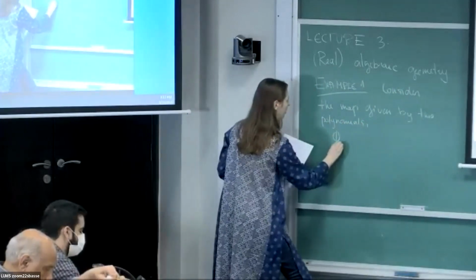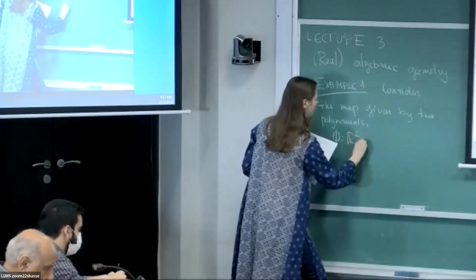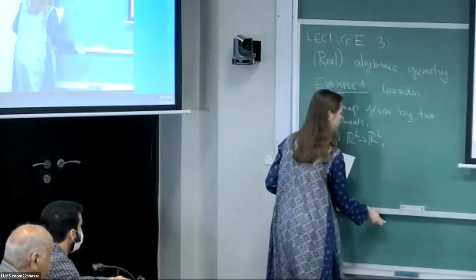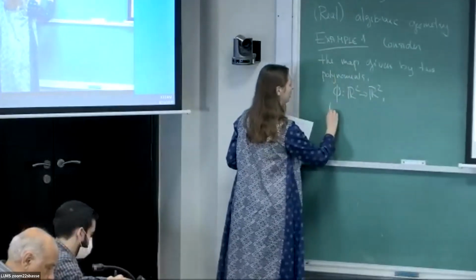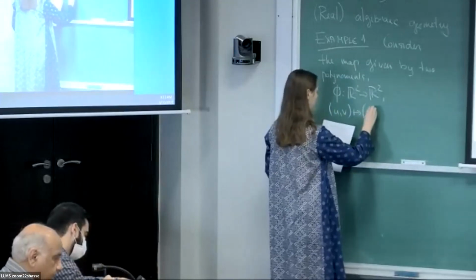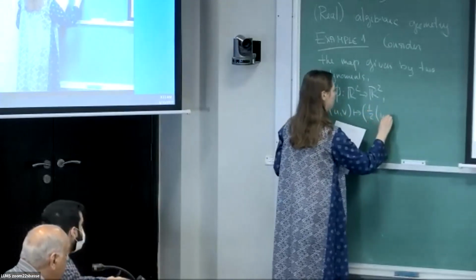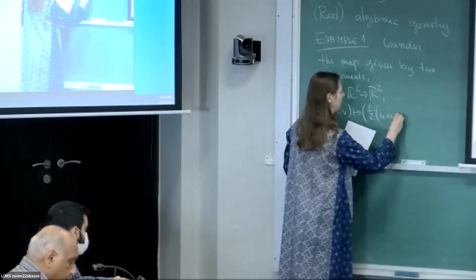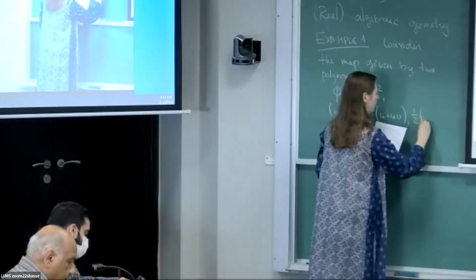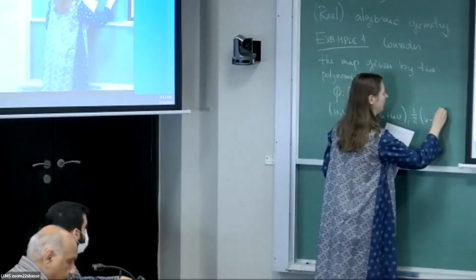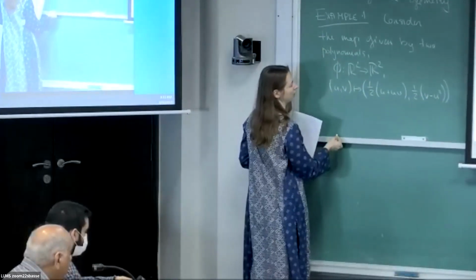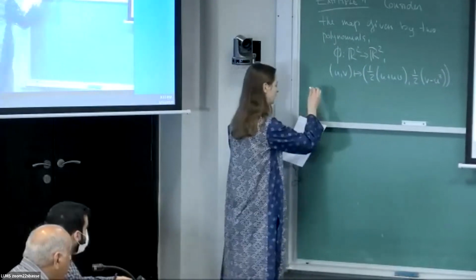So phi from R2 to R2 that maps (U, V) to (1/2 U plus U times V, 1/2 V minus U cubed). Okay, and the question that I'm going to ask you is, what is the image